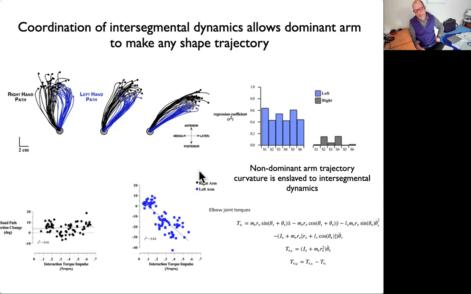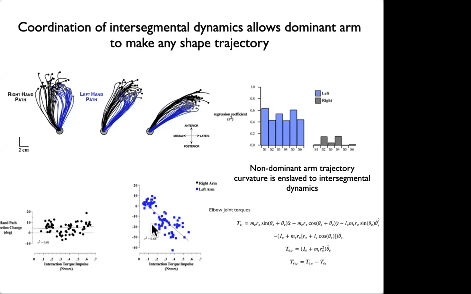But the important thing about this is that if we look at the hand path curvature, a measure of direction change between the initiation of movement, peak velocity, and then peak velocity and the end of the movement, and we plot that against interaction torque impulse, which are these inertial interactions between the segments, the right arm has the same interaction torques, but it's able to make whatever curvature it wants, regardless of them, whereas the left hand is enslaved to these interactions,